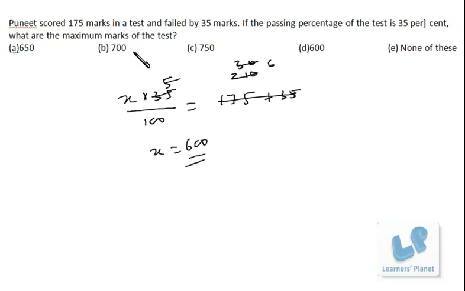So if you go by question side also, the problem is of 30 to 40 seconds, not more than that. Even though I'm explaining it to you, it's taking around 1 minute. If you have to do it on your own, it won't take more than 25 to 30 seconds. And if you wish to go backward, then just choose the option from this and this, but that would be rather easier. See, 700, if you take 35% as a pass mark, so 35 into 7, in that case the calculation will be a bit difficult, because you don't remember the table of 35, so in that case it will be a bit lengthy also. Just go straight, that won't take much time.